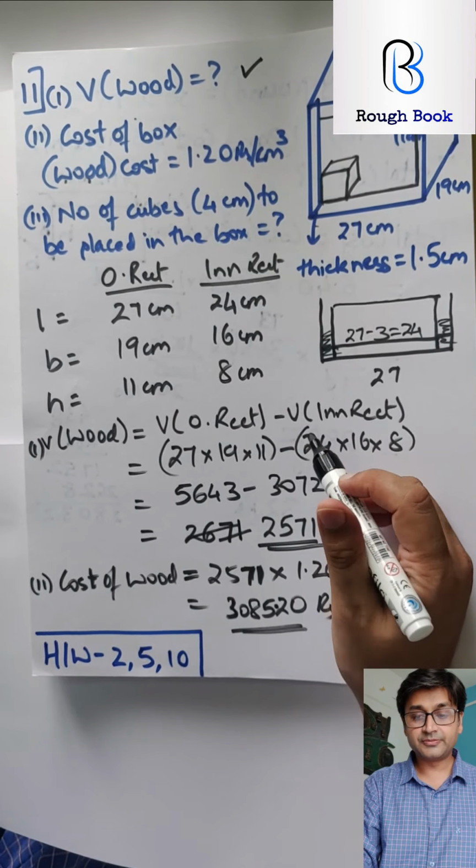So inner length, that is 24, inner breadth 16, inner height 8, and this is 4. So basically length, breadth, height, all are 4. All dimensions are 4. So 4 ones are 4, 4 fours are 16, 4 goes 1s are 2s are... So you will get 48 boxes. So you can say 48 boxes can fit within this big box.